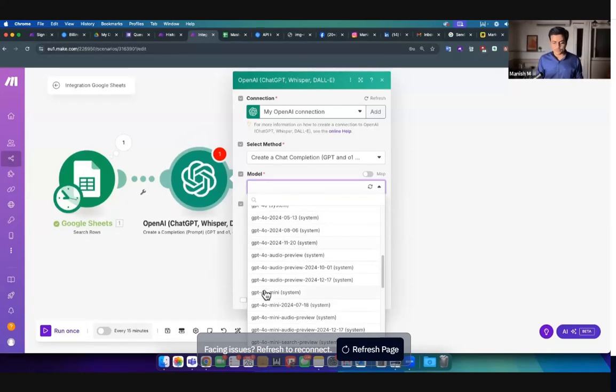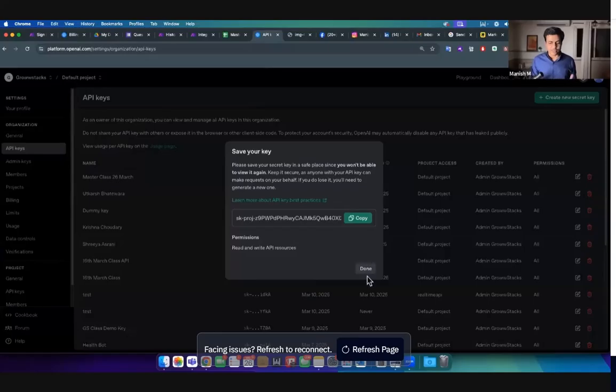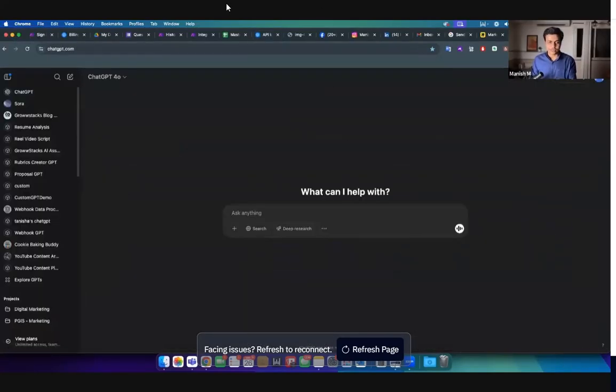But for our purpose we will go with GPT-4o mini. Before that, let me show you something more over here. Once we created this API key, remember I told you this GPT backend is completely separate, completely different from